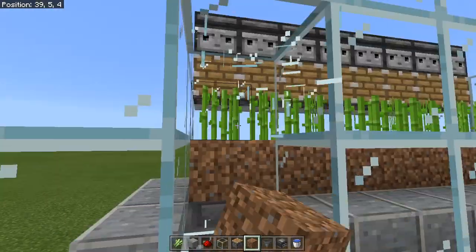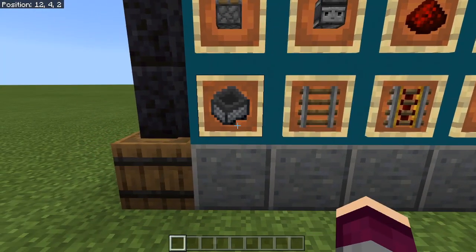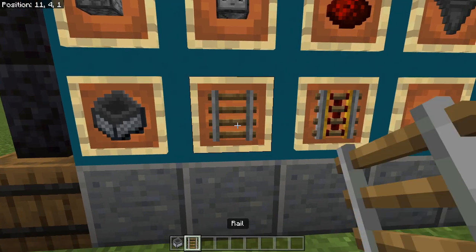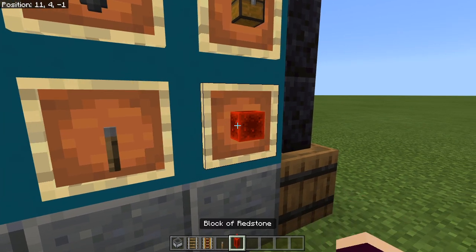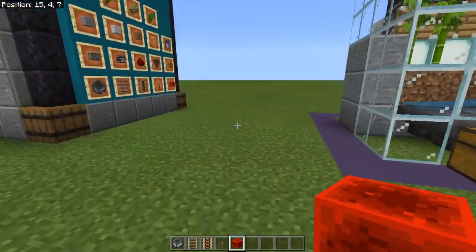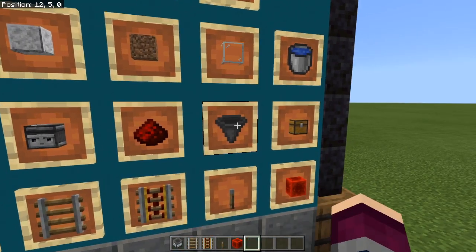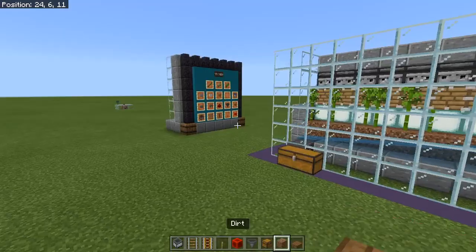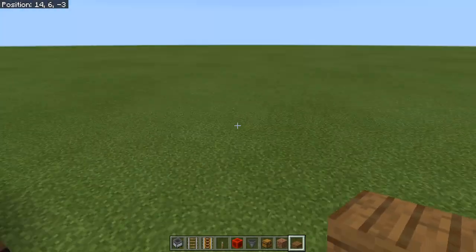Well, we're going to switch to using rails for this now. So to do a hopper minecart pickup system, you're going to need a minecart with a hopper, regular rails and powered rails. You'll also need something to power the rails, either a lever or a block of redstone depending on how it's set up, or you could also put a redstone torch underneath the block. Whatever method of powering works best for you and your situation. You're also going to need hoppers and chests for things to go into. I also grabbed some dirt and a slab